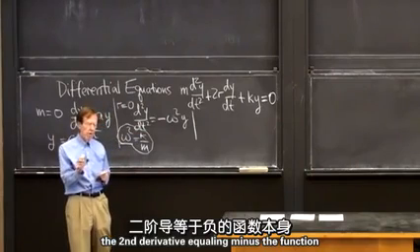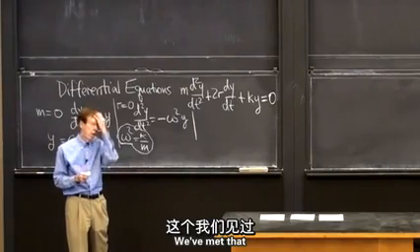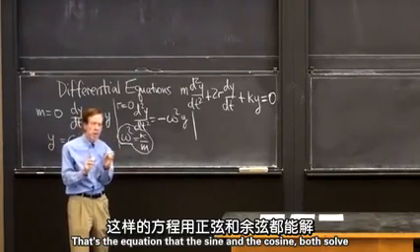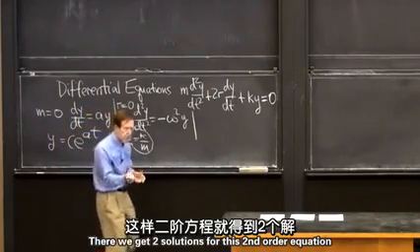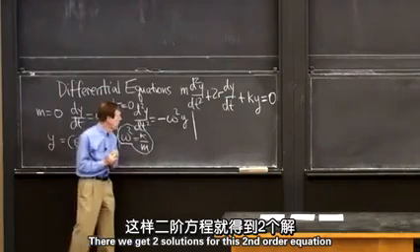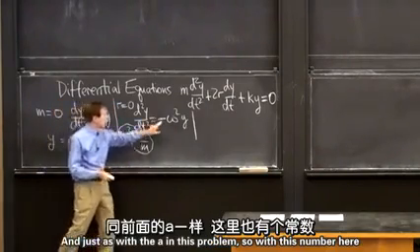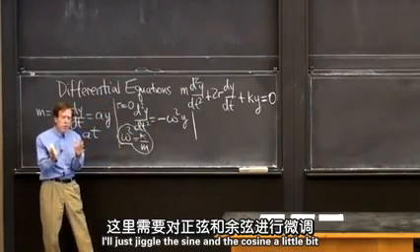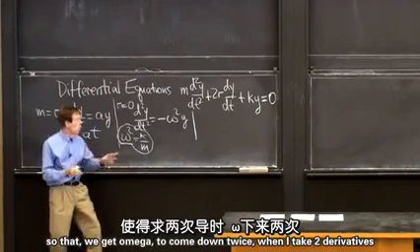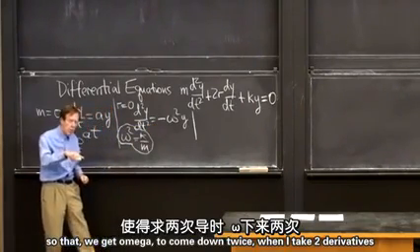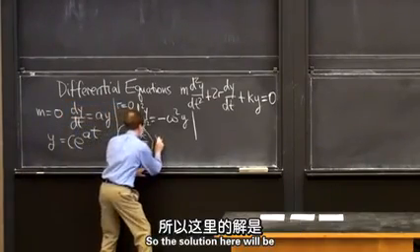The second derivative equaling minus the function. We've met that. That's the equation that the sine and the cosine both solve. There we get two solutions for this second order equation. And just as with the a in this problem, so with this number here, I'll just jiggle the sine and the cosine a little bit so that we get omega to come down twice when I take two derivatives. So the solution here will be,